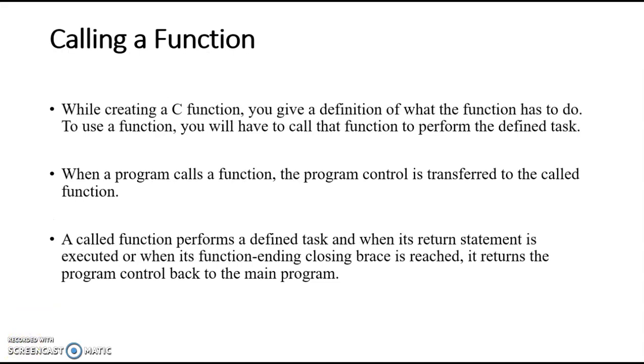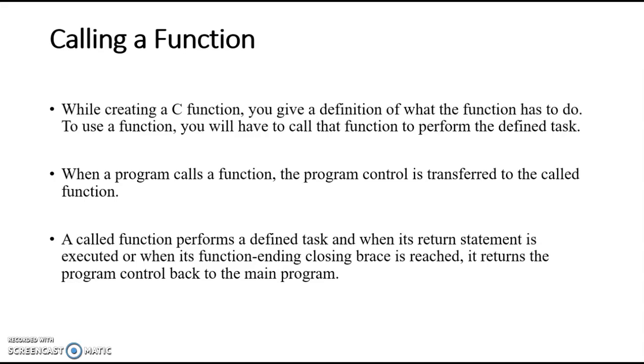Let's see calling the function. Okay, so we have already seen the function definition. The second type is function declaration, and now we are moving to calling the function. Okay, as I said, we are writing this function separately outside the main function. So in the main function, whenever you are executing your C program, it is executing the statements sequentially. So wherever you require the functions, you just call the function.